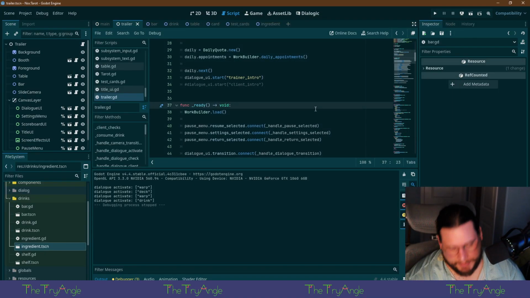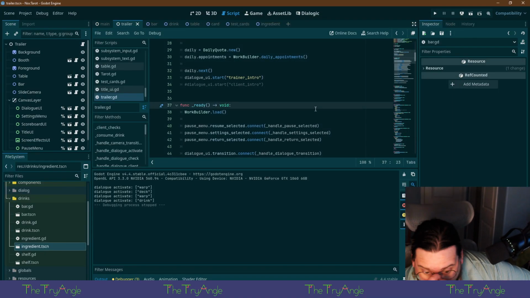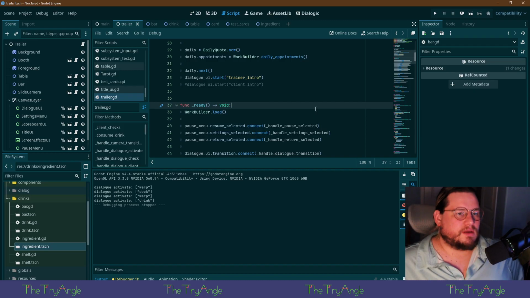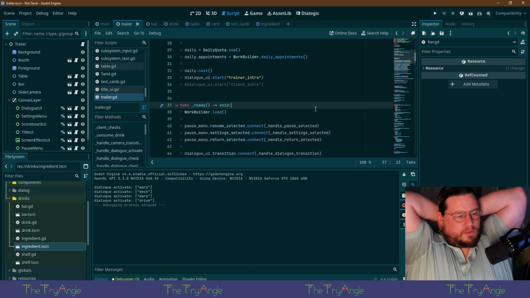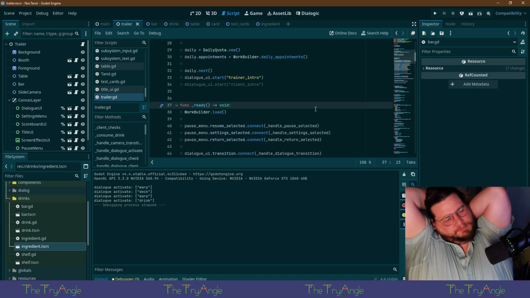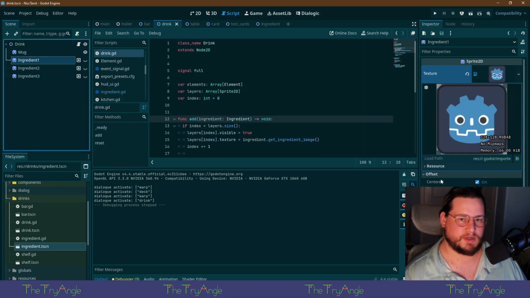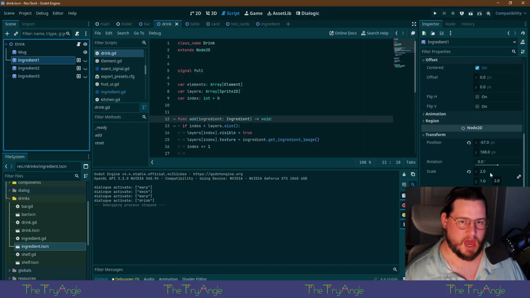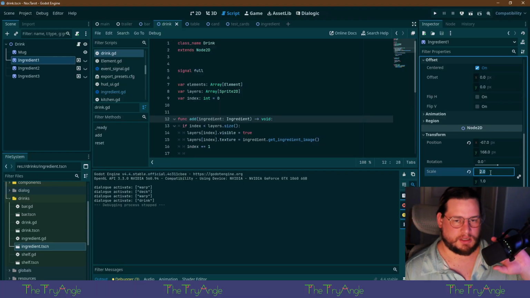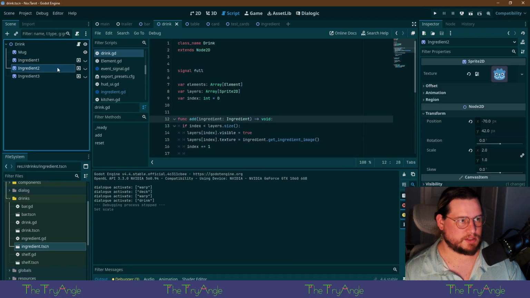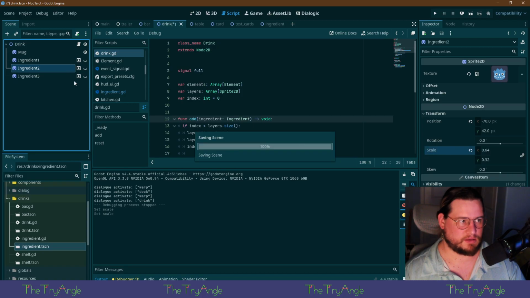Oh, damn. I think I know the issue with the drink layers was. Let me guess. Yeah. They didn't save their scale. So 0.64, I think, was what we settled on. Copy. So let's make sure we paste that in.